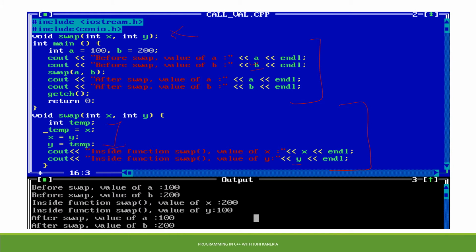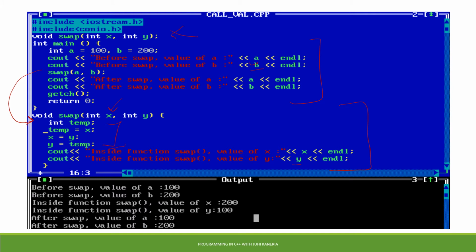As soon as the swap function with a comma b is called, the control will be transferred to the swap function. Now within the swap function we are using a temp variable. Since we are using call by value, the value of a, that is 100, is copied into x, and the value 200, that is the value of b, is copied into y.